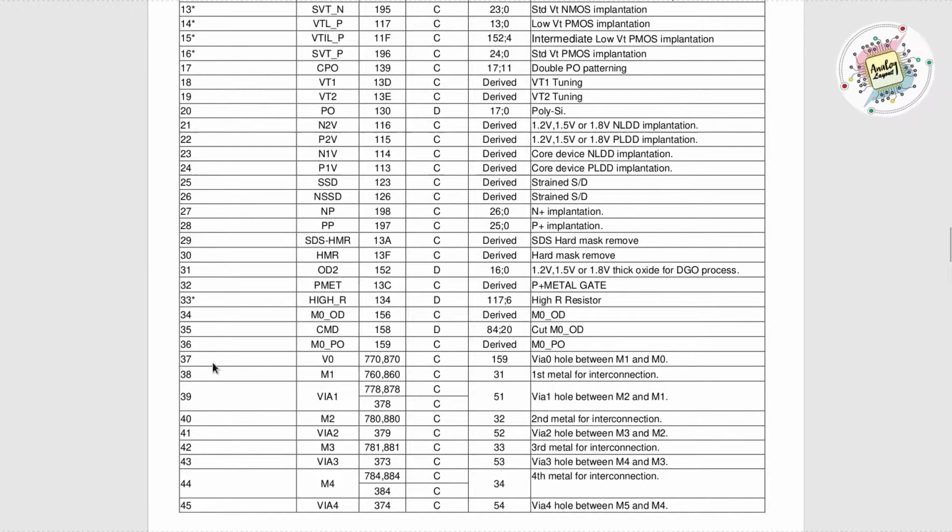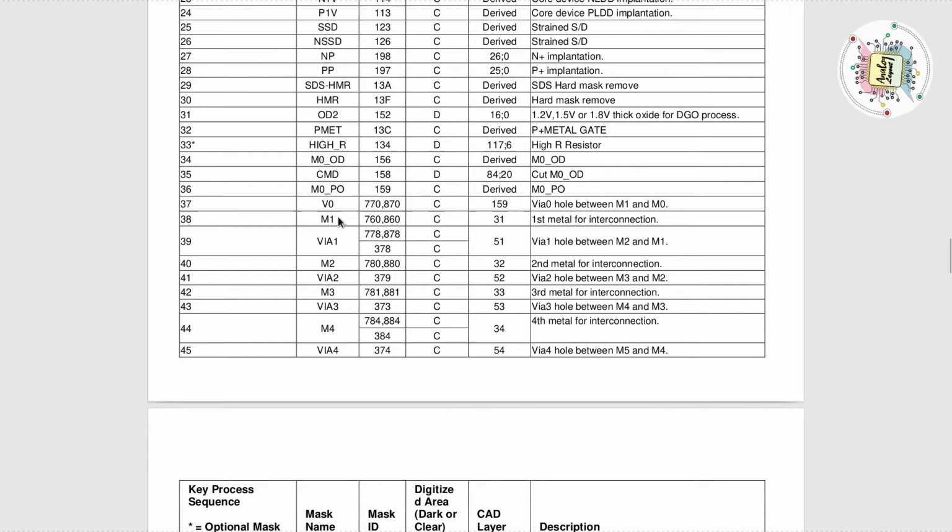After this 37th step, they are fabricating metal. So if you want to fabricate a single metal, this is a base level metal, that is M1. If you want to fabricate base level metal M1, then you need 38 lithography processes. So just imagine how difficult their fabrication process is. So 38 processes are required to fabricate M1 metal, but it is not mandatory. You need not follow all the 38 steps, but at the 38th step M1 will be fabricated. So this you should understand.